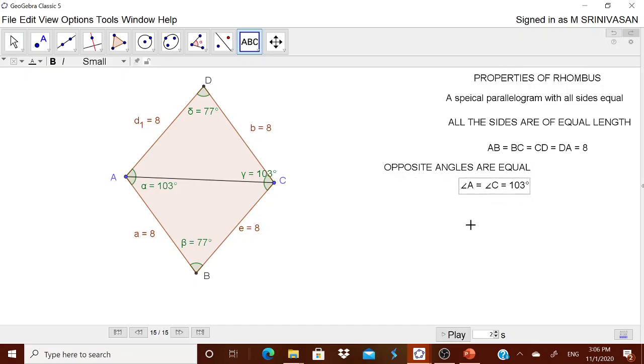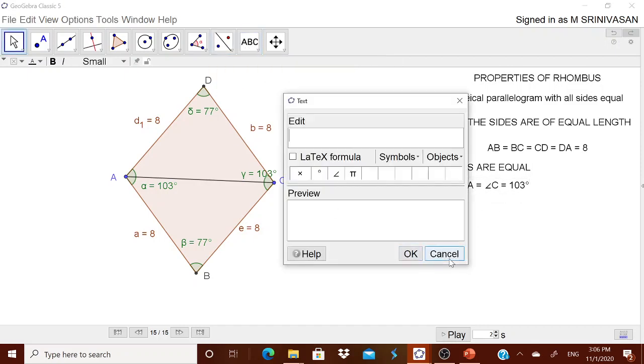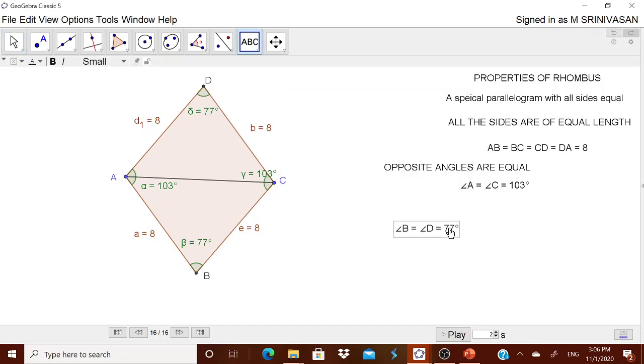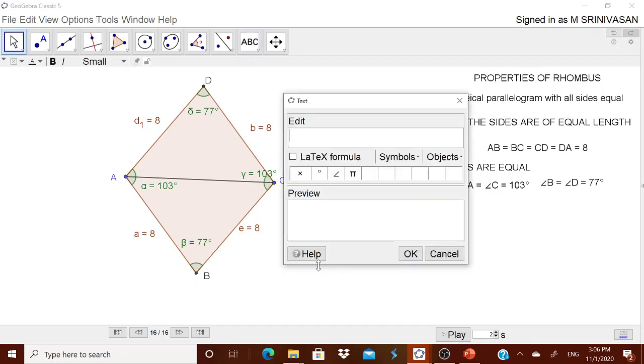One set you got. Okay, then the second set also you can tell the children that is angle B is equal to again angle D is equal to, you can either select beta or you can select delta. Both are one and the same, therefore both you have got it. Now okay, now the next property, the sum of adjacent angle.